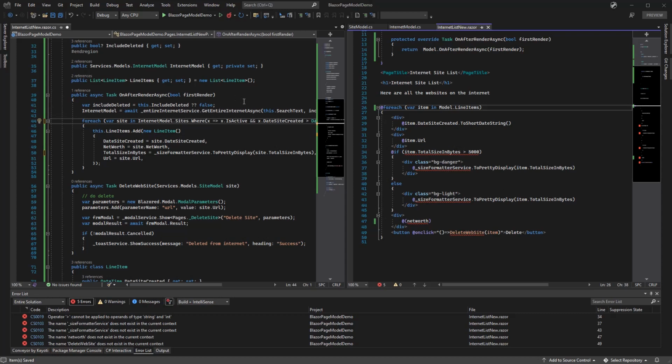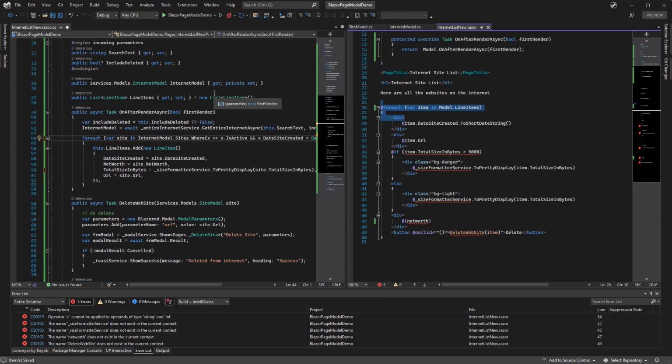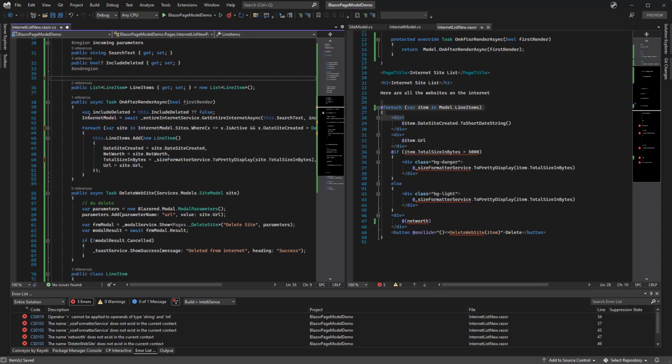And since I'm doing this live, not editing this video, and I didn't plan out what I was going to do here, you can already see that I can undo a refactoring that I did a moment ago, because now that we're going to bind this to our model.LineItems, we actually don't need this internet model available anymore, because nothing needs it. So I'm just going to kill it. We're just going to make it a local